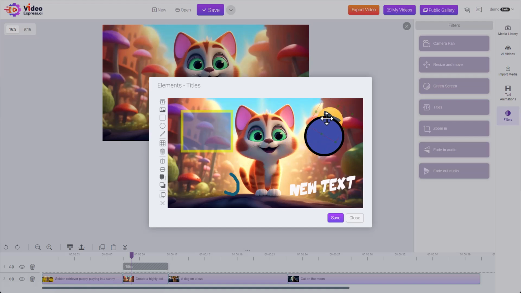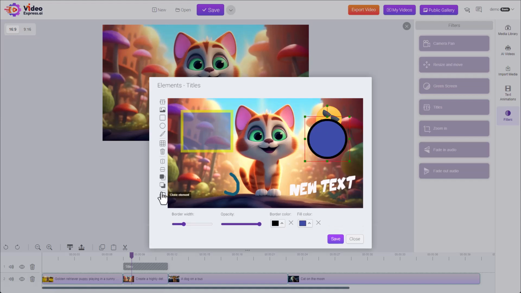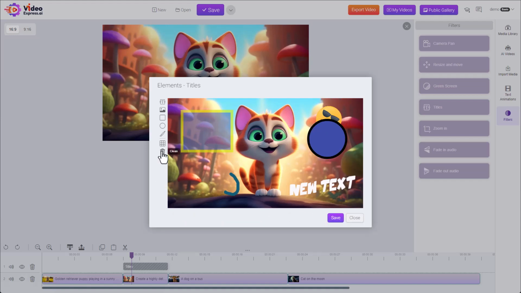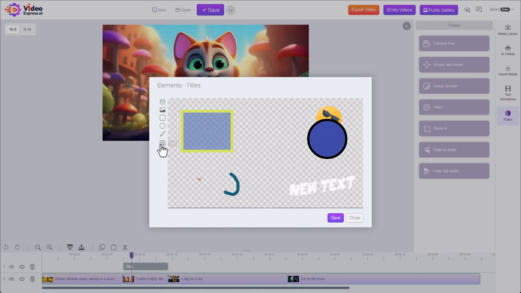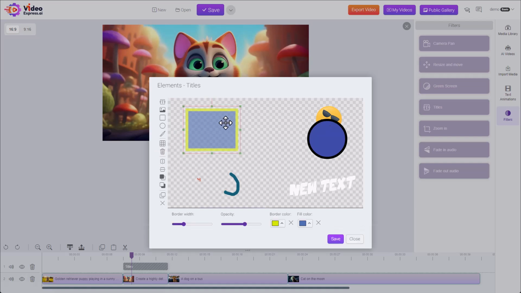For example, if I put it here, you can see it's behind the circle. We want it in front of it. We can say bring to front, send it to the back. We can clone it to make a duplicate. Finally, we can clean everything, remove all this, or we can toggle on a grid. It'll hide the background image, show this grid pattern that can help us line stuff up if we need to.